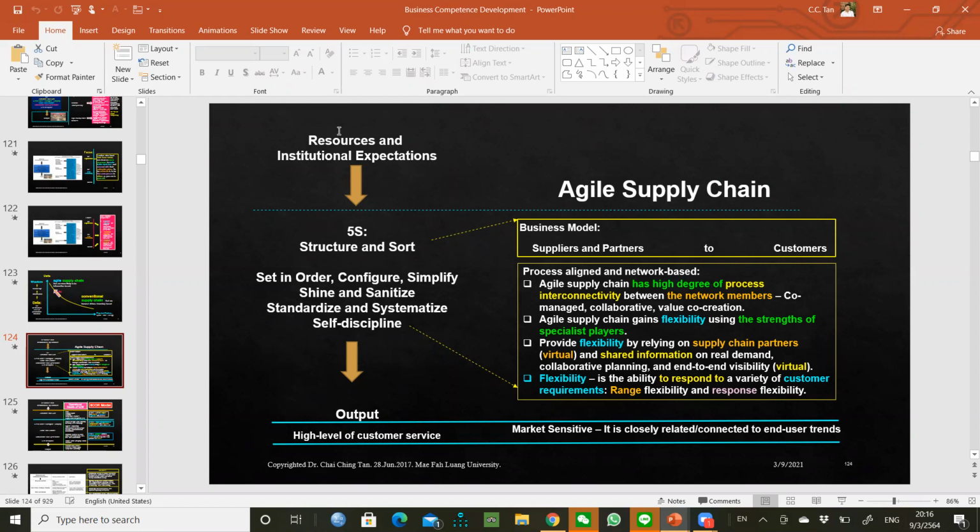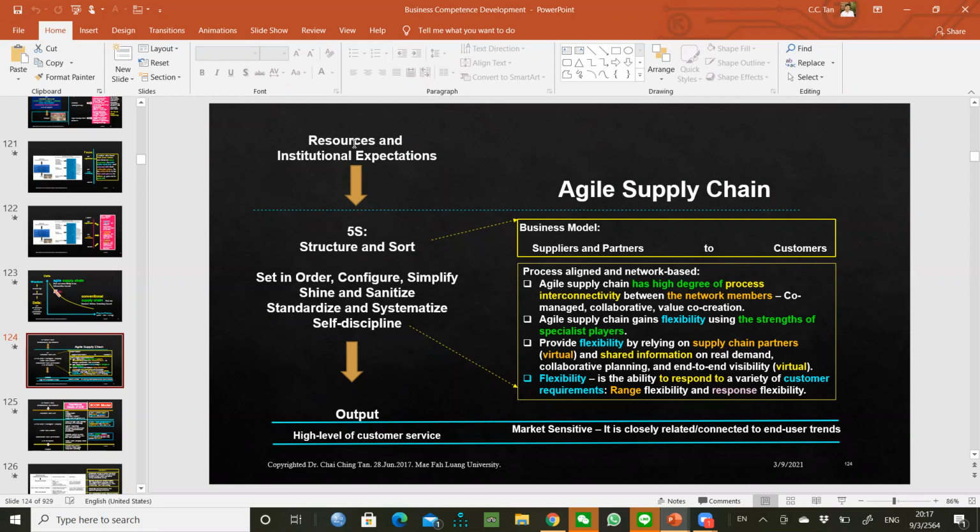So again, resource management is very important. VRIO: something's not only valuable to customers and to you, but also you need to make sure that your products are not easily copied by the competitors, and something very unique to your companies,